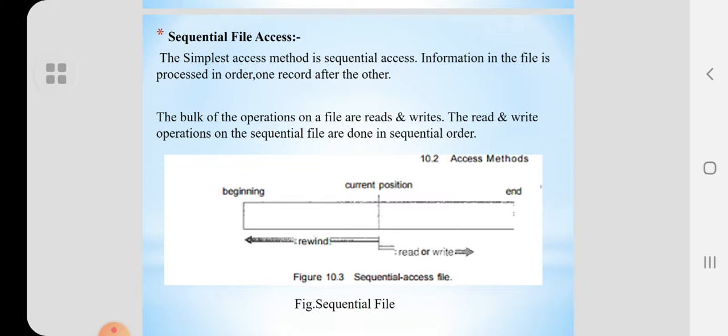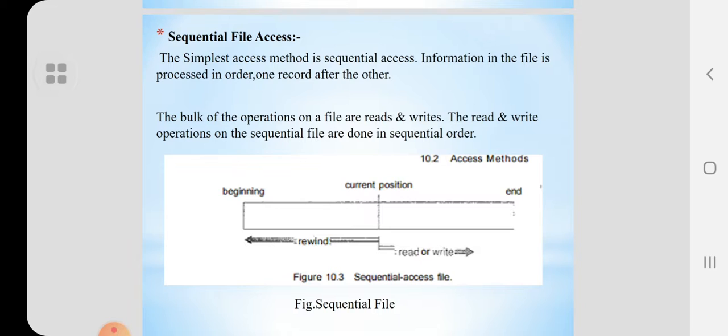The read and write operations on sequential files are done in a sequential order. A read operation reads the next portion of the file and automatically advances a file pointer, which tracks the input-output location. Similarly, a write appends to the end of the file and advances to the end of the newly written material.